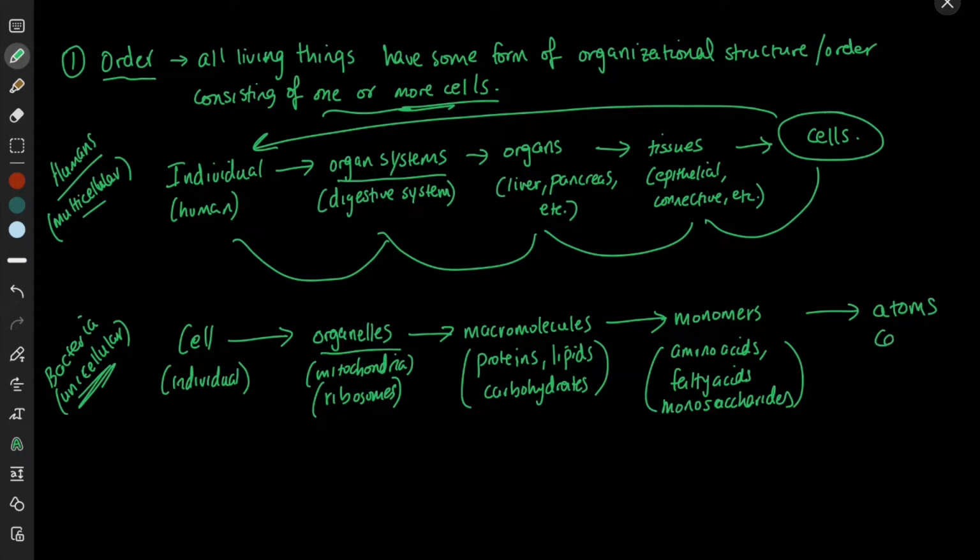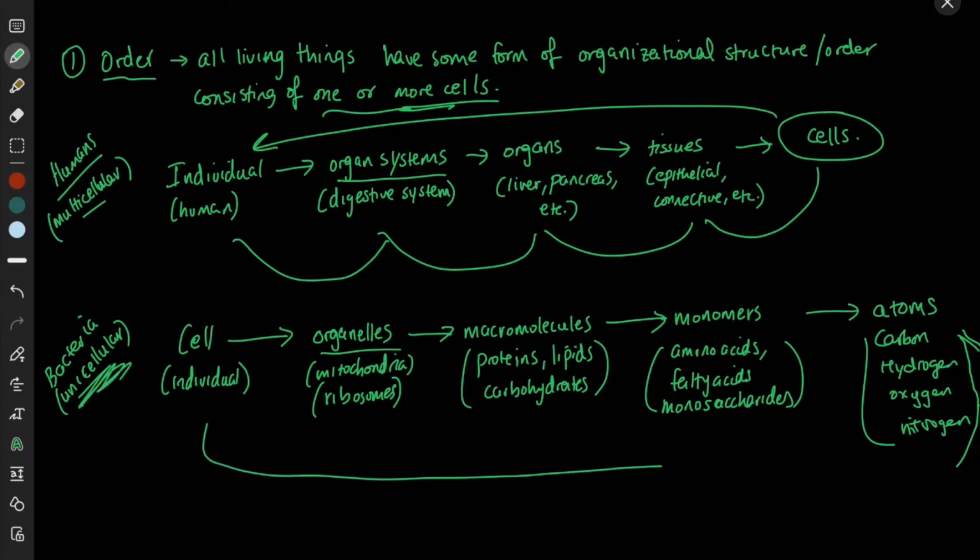Like carbon, hydrogen, oxygen, nitrogen, and so on and so forth, right? So, as you can see, even within a unicellular organism, you still have a tremendous amount of organizational structure, right? Because you have to go from the atoms, the monomers, the macromolecules, the organelles, and then finally you have the